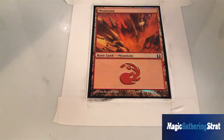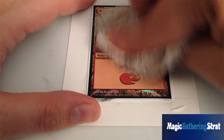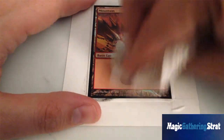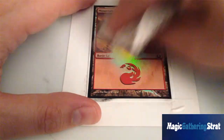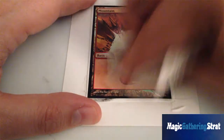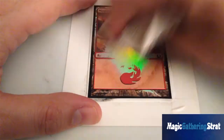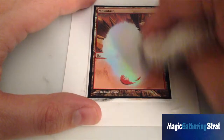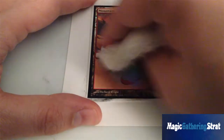Okay. All right, let's try this Ravnica land. It appears to come off with similar ease. The thing about lands is a lot of times this symbol, the land symbol, will be persistent, meaning very hard to get off. And that's the most common thing you see. They do different print runs all the time. And sometimes, you don't even have to have it foil. It will come off in a